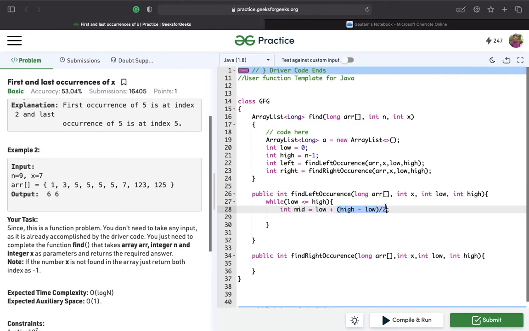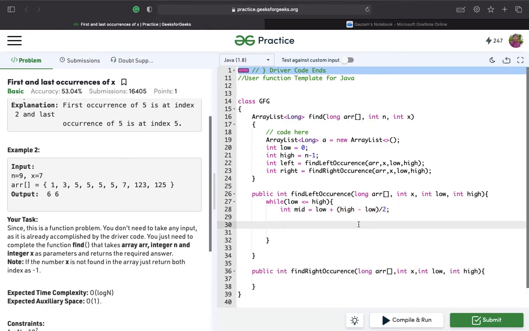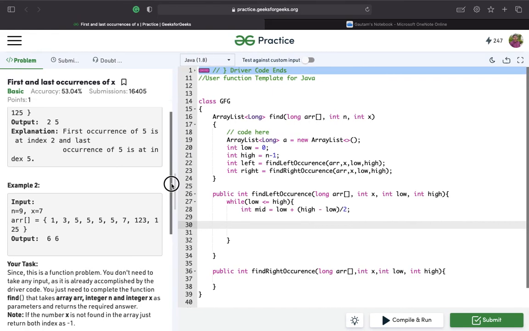So this expression will prevent us from overflowing the middle element, right? And now we need to write the main part of this function. So if ARR of mid is equal to x, right?